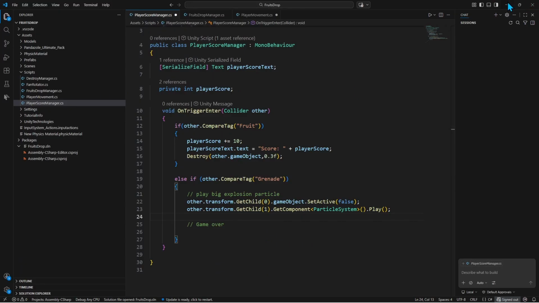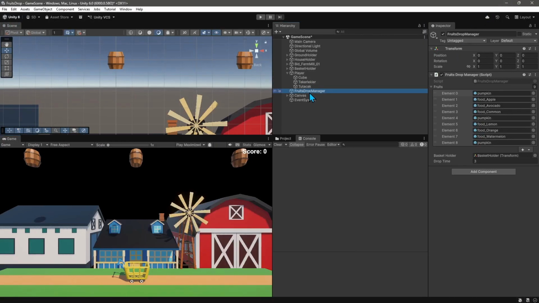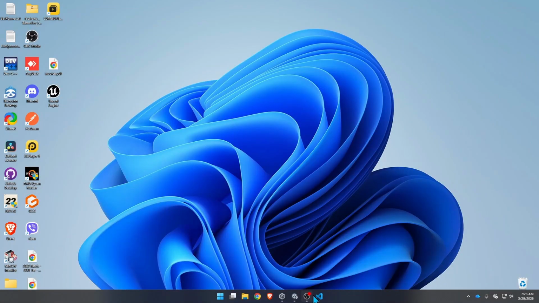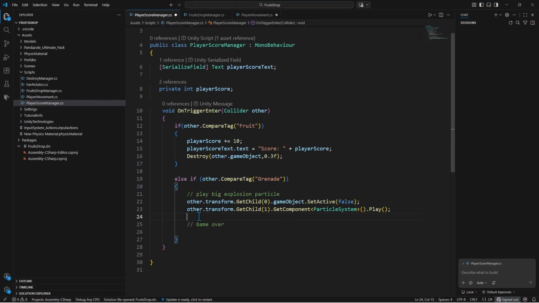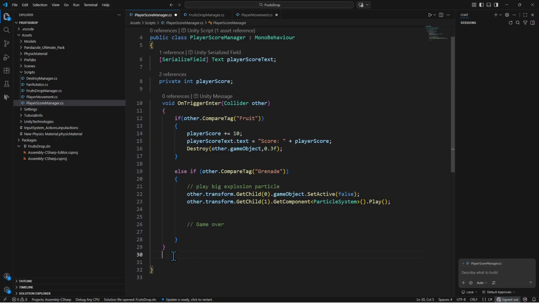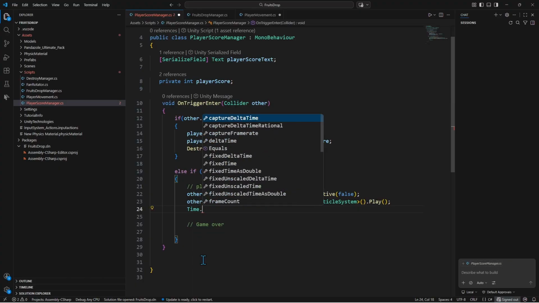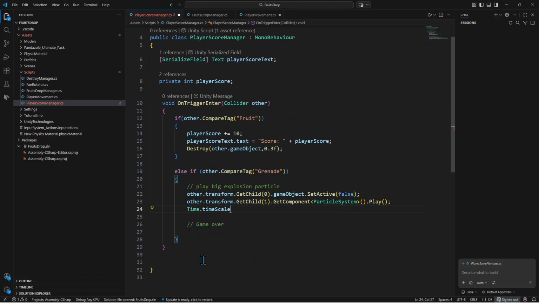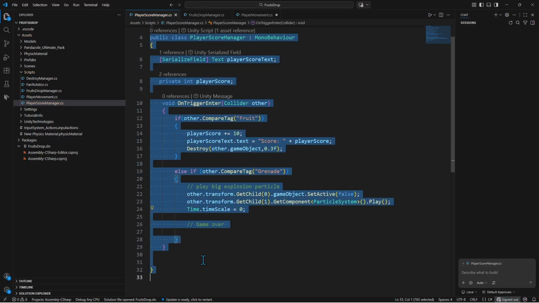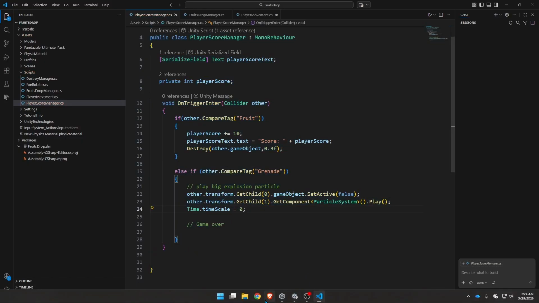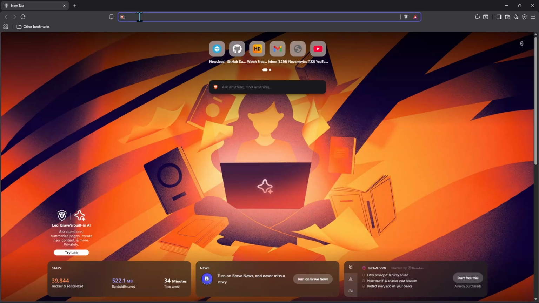Okay, so how we can do it is, for example, let's do the first thing. We will freeze the time. That means if we set Time.timeScale to 0, right? So basically Time.timeScale means